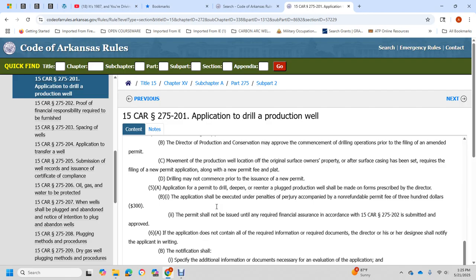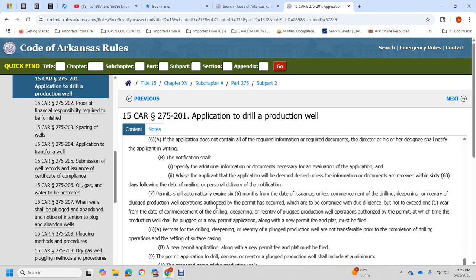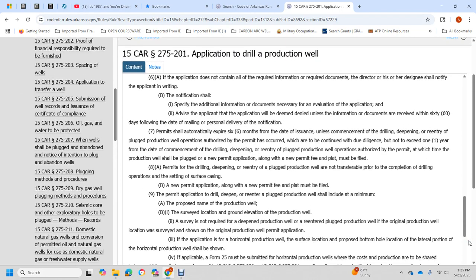275-202. An application submitted without the required information or documents for approval: the director or his or her designee shall notify the applicant in writing and specify the additional information and documents necessary for the evaluation of the application. The application is deemed denied unless the information and documents are received within 60 days following the